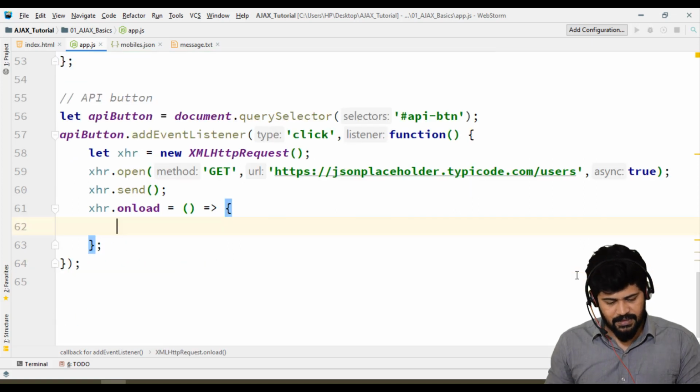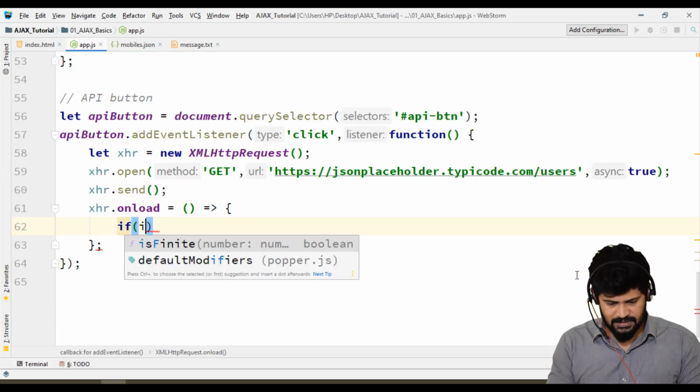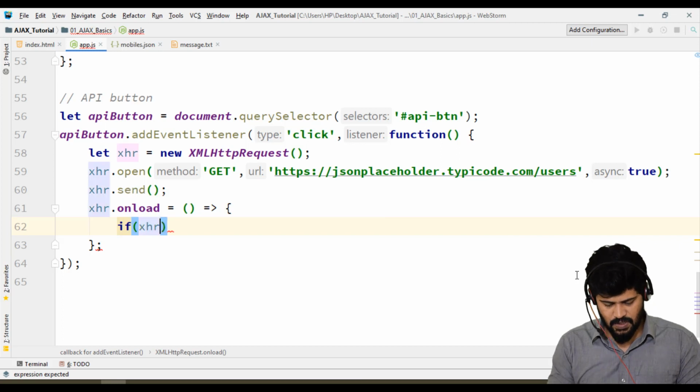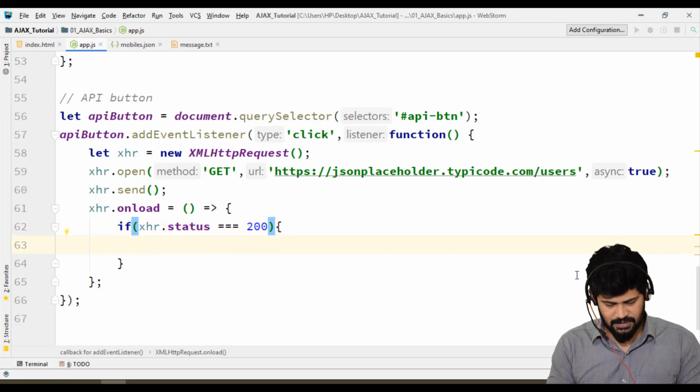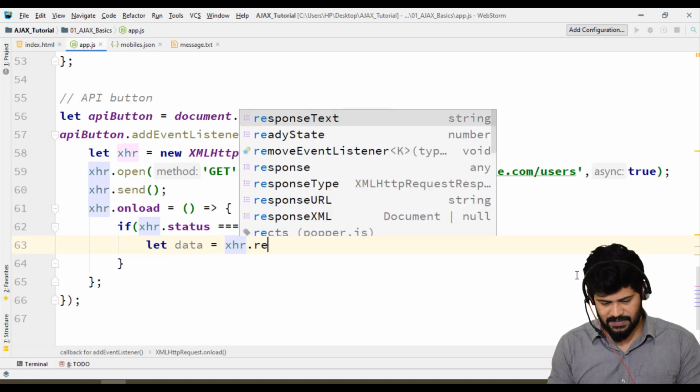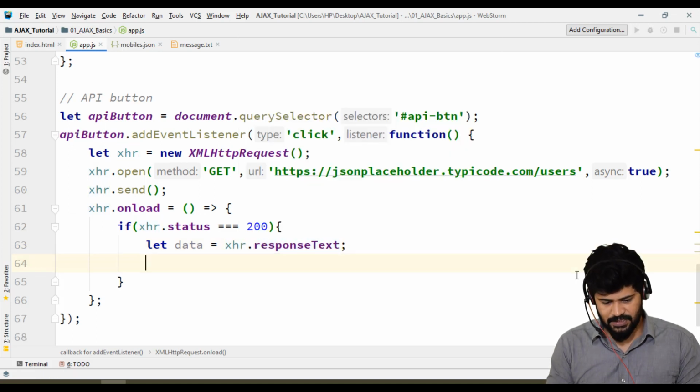Here you make an if: if xhr dot status is equal to 200, then I have to fetch data. So let data is equal to xhr dot responseText. Okay, let me do a console log as of now: console log of data.